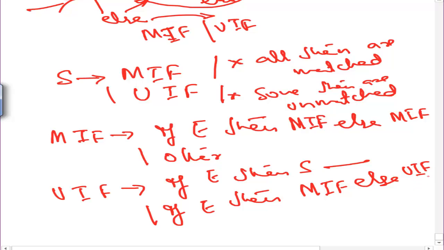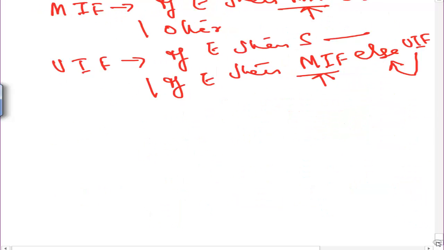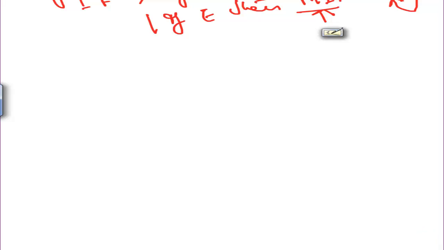Okay, an unmatched if is that guy which does not have an else attached, so that can be in an else part only. And here in both cases, after then I'm having only matched ifs, right? So I'm actually removing the dangling else problem. Is it or not? So if we have now our above expression,